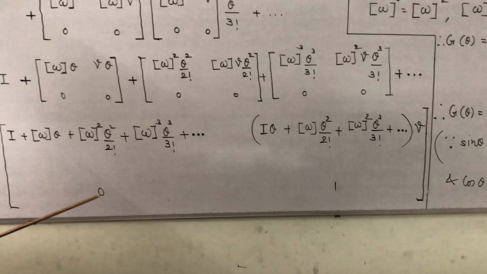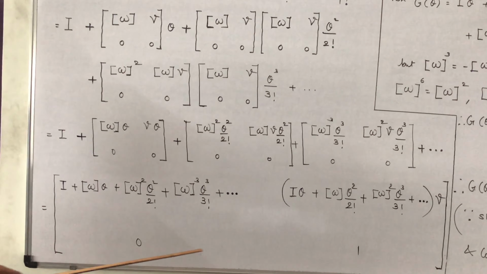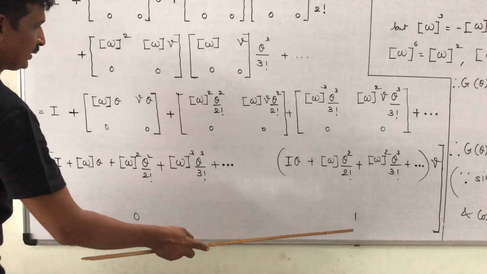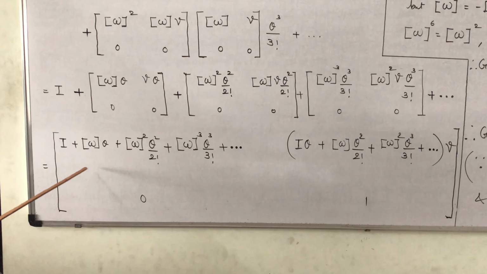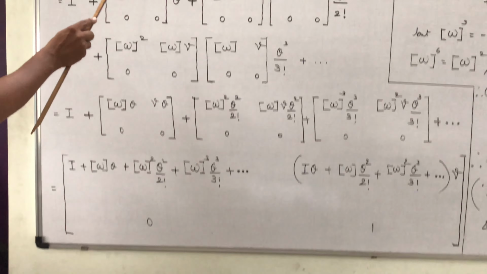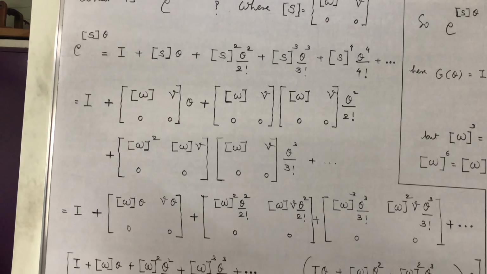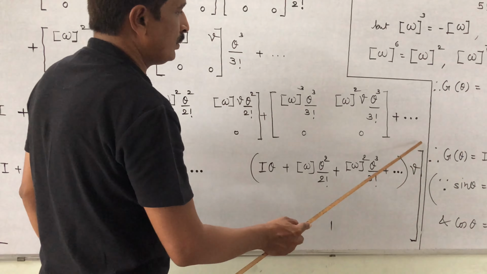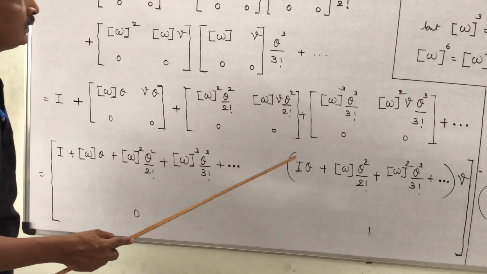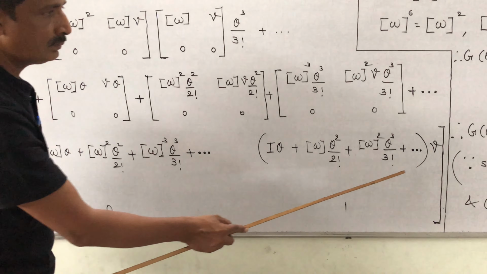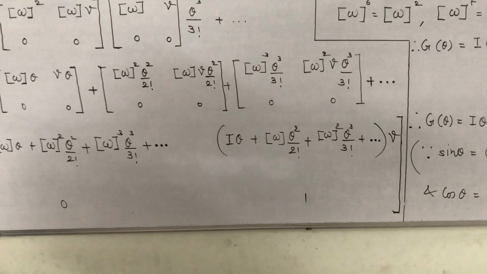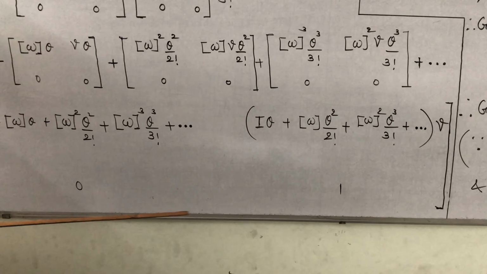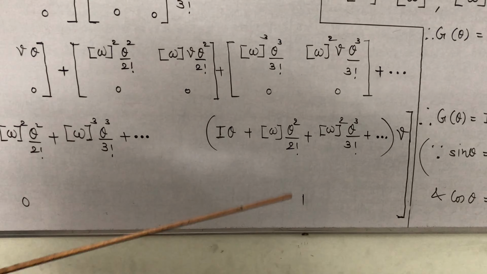To adjust our maths, we have put 1 here and this one is 0, this one is 1. Do you know this one is the rotation matrix? This one is the rotation matrix, say R. And this one is the body origin. So as a whole it is a transformation matrix. So we have put 1 here.